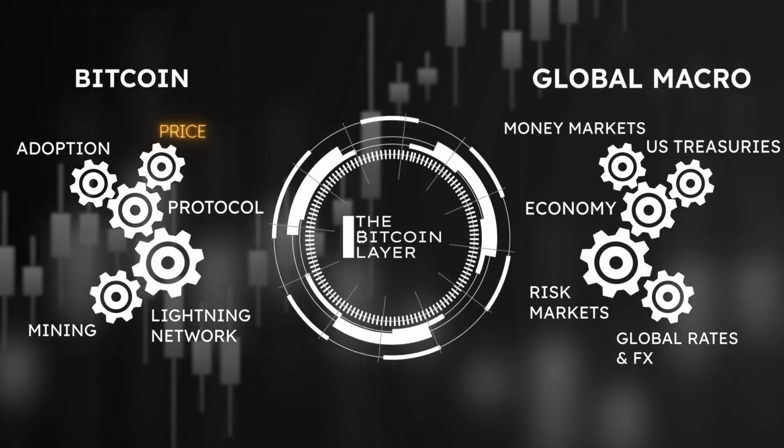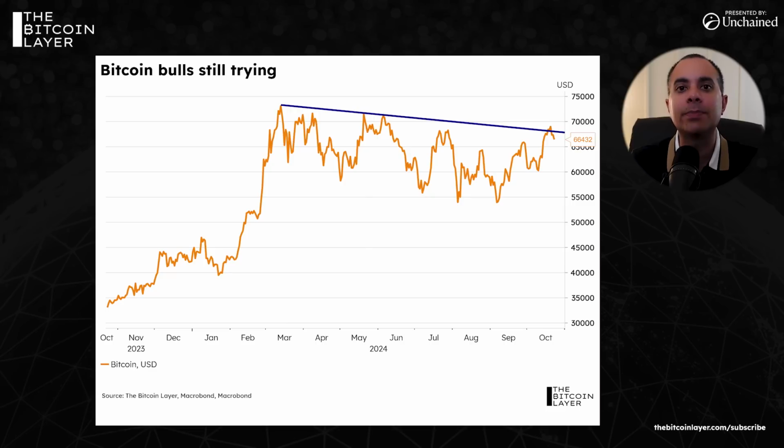I have for you a descending trend line that has been in place since March. Now, Bitcoin is in a consolidation since March, so a little over 6 months. And what you have are lower highs for Bitcoin. And lower highs are either a bearish sign or a sign of consolidation. We're going to assume here that Bitcoin is consolidating after a large, very brief parabolic move from January to March